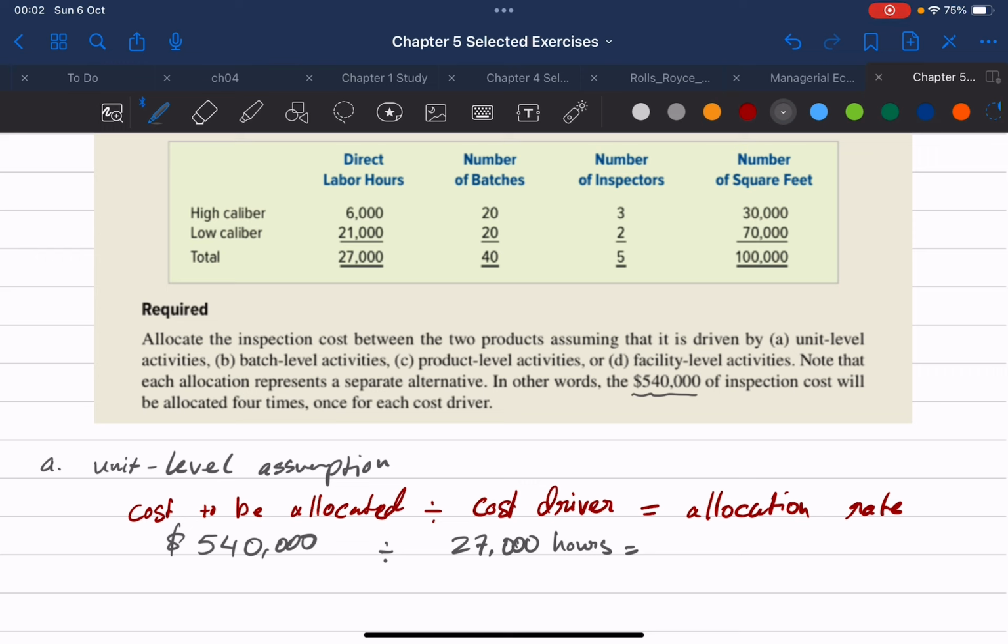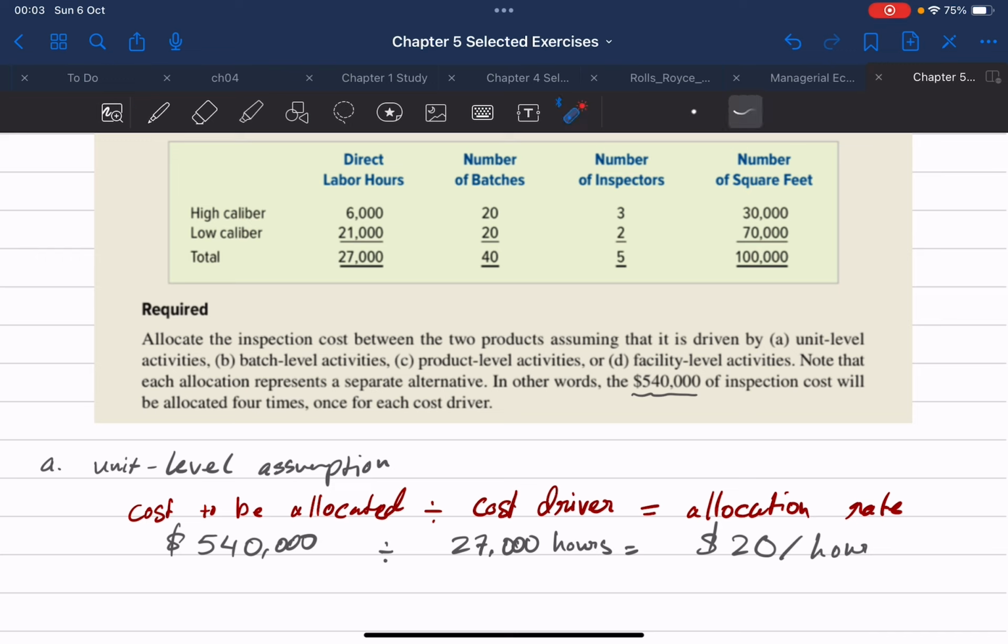Let me get my calculator. 540,000 divided by 27,000. That will give us $20 per hour. Okay. Now that we have our allocation rate, we can use it to allocate the overhead cost to each of